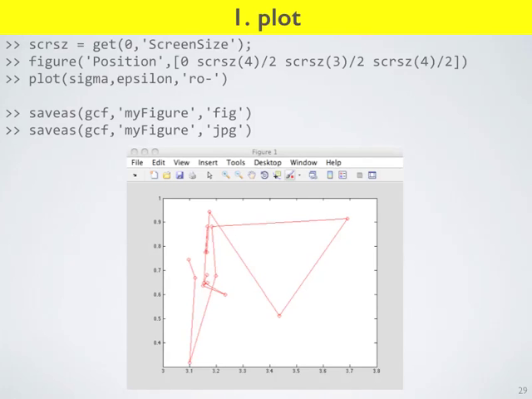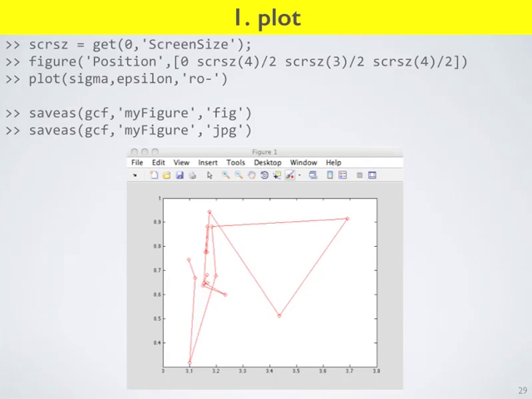You can go to the menus. If you ever get stuck in MATLAB and you just don't know what the heck is going on, you can't make it do what you want, you can typically get to what you need to do through the GUI. You can just pull down these menus, save things, modify your plot in some way. Everything I'm going to show you is going to be command line based, because the ultimate goal is to put these things in scripts. And of course, you can't point and click in a script, so we use the command line.